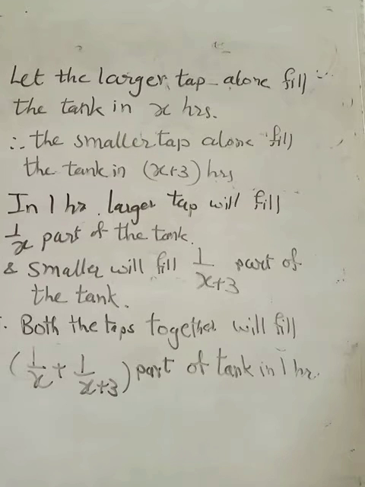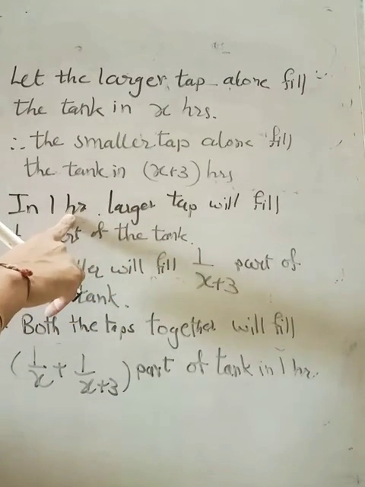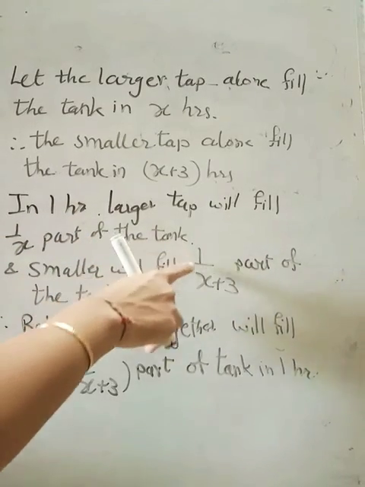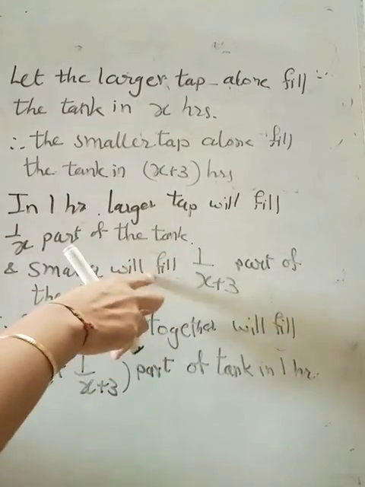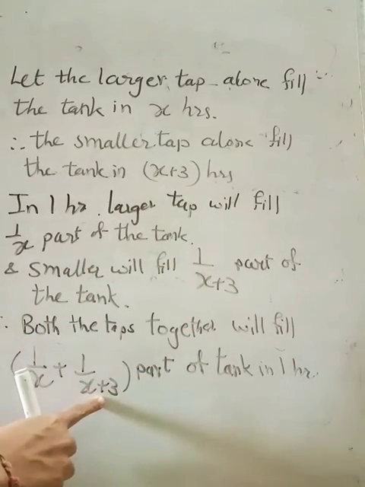Now what is the first line again? Miss, 2 hours will come, no, because in the textbook it is given 2 hours. हाँ, लेकिन 1 घंटे में कितना? Here we have what we found for 1 hour ना. So in 1 hour it is 1/x इसका, और इसका 1/x plus 3. तो 1 घंटे दोनों नल खुला रहेगा, तो इसका पानी और इसका पानी, तो इतना ही आएगा ना.